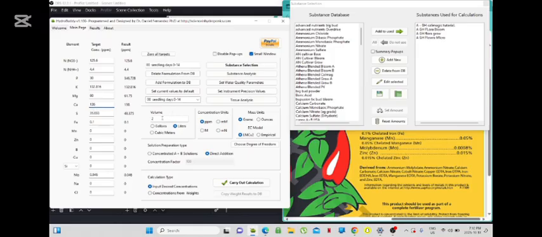And let's just say we're mixing up, I think a lot of people mix in gallons. So let's just say we're mixing up 1 gallon of our hydroponic solution to feed our plants. Okay, so we have our target numbers. If we like these numbers and we wanted to save them to the database, then we could label